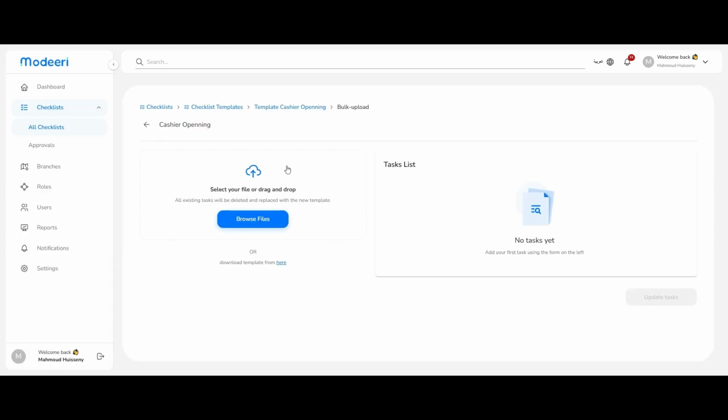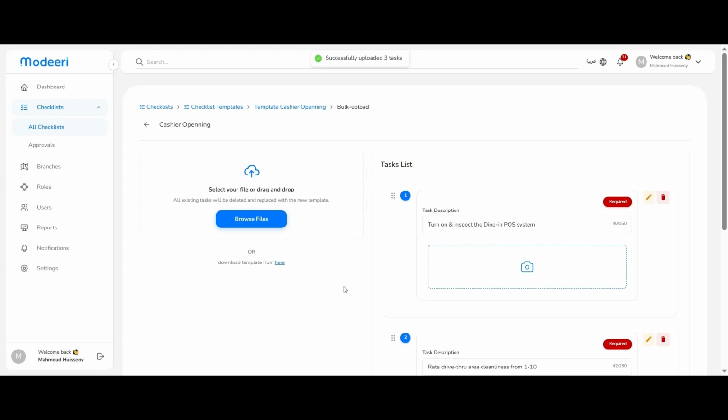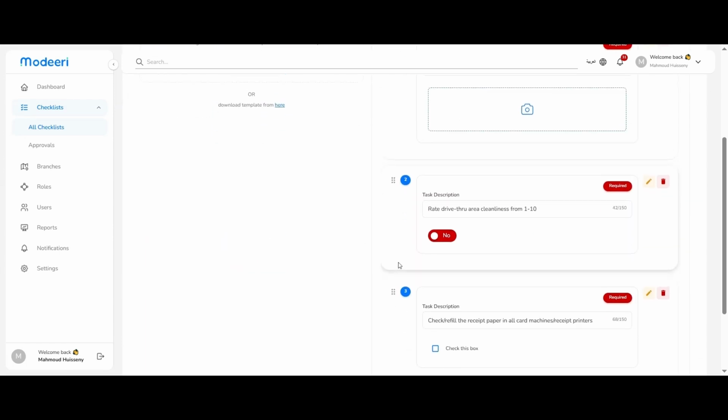And as you can see, it says upload. What you're going to do first before uploading is download the template here. So I'm going to click on here, and then I'm going to browse. And of course, I have a template already ready for us. So what I'm going to do is upload the template. And as you can see, it just uploaded all the tasks with all the response types that I chose, and